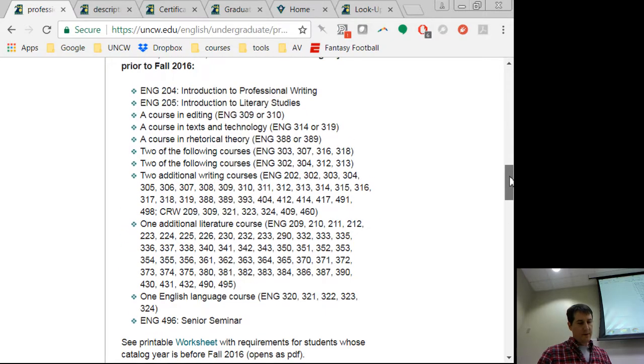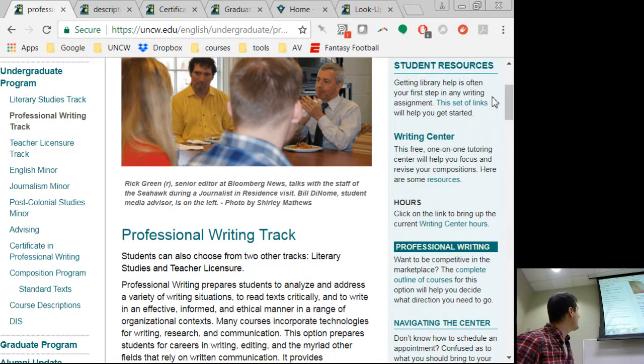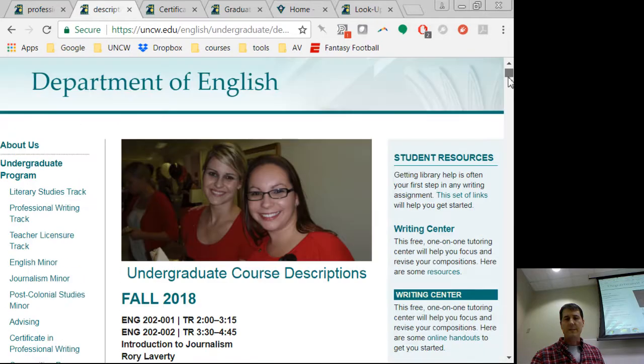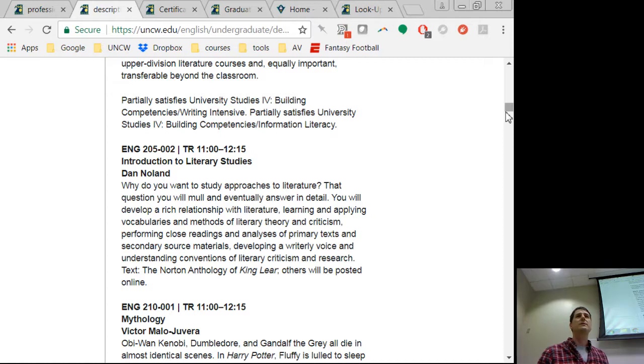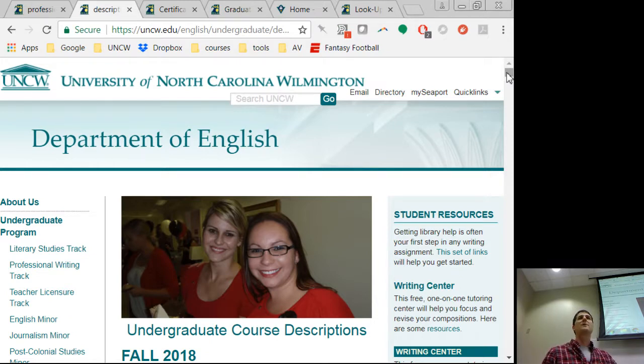A couple other things. You might also not be aware of this, but it has course descriptions here as well. And you might think that that's just the catalog, but actually we write individual course descriptions. You can see it's individuated by semester. And then it actually goes into what's going to be covered in the class. This isn't just the catalog. This is what the instructor has written about the book and what you're going to cover. If you're not aware of that, you might want to take a look at that, because I often see students who are unsure about a class or what's going to go on in there. That's a good resource.